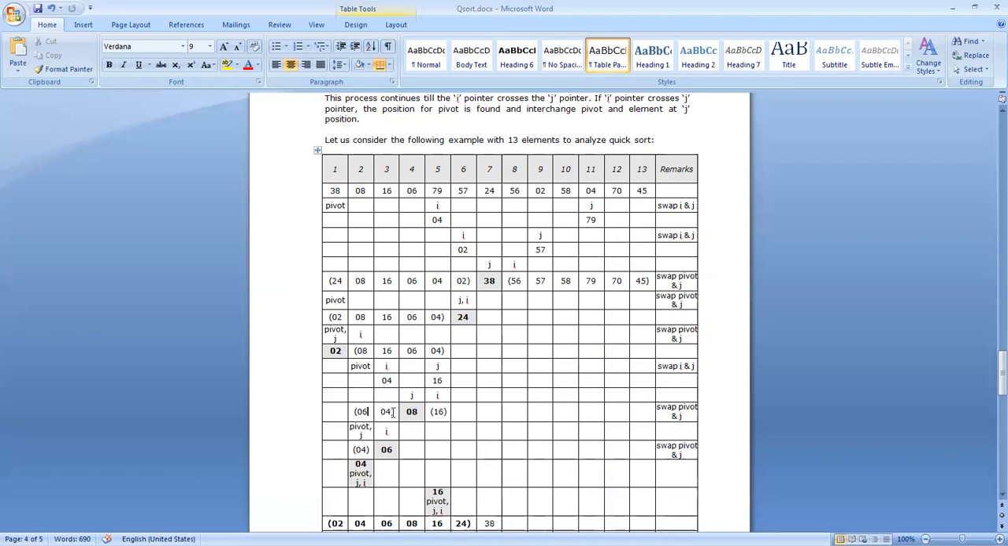6 is compared with, yes, 4 is less than 6. So there you stop I. Then J is decremented. J is equal to 6, is equal to 6. So there you stop. I is greater than J. So there you stop. Exchange